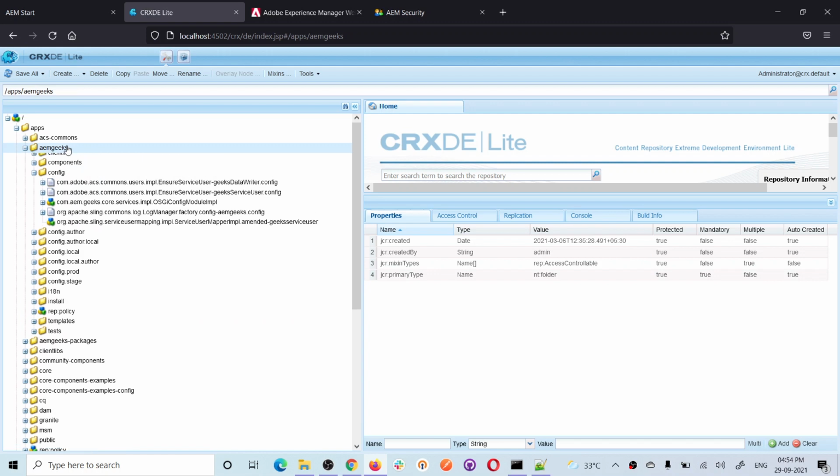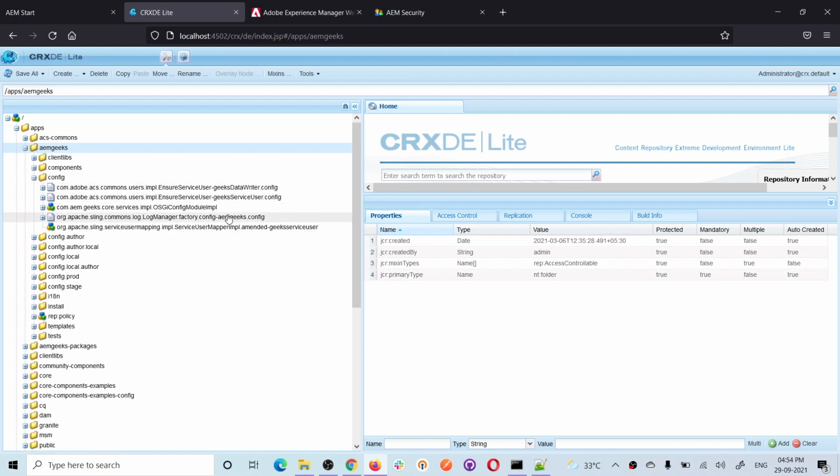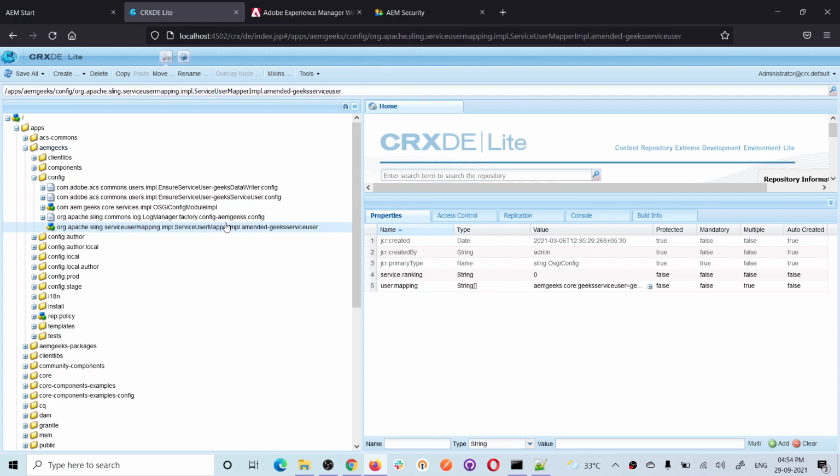My project is the Geeks project, and I'll create a configuration here using .config, because I need an editor to write it there. It's not a problem. You can write a configuration using sling osgi config as well. Both work. You can even create .json as well, but I'll explain that when I start explaining the cloud related demos.